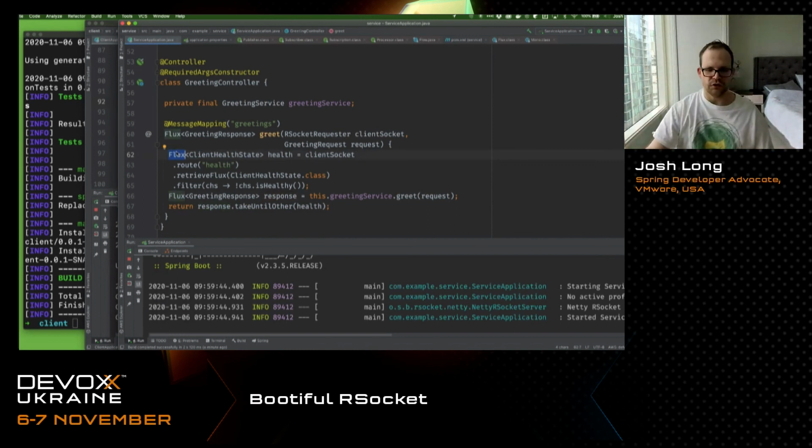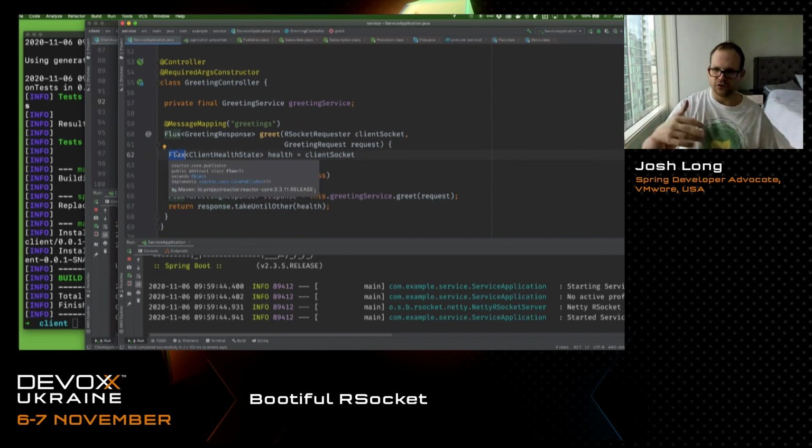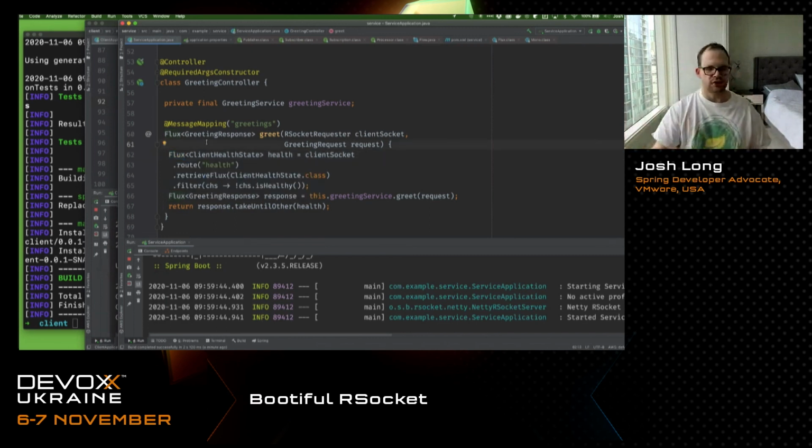Everything I've showed you so far, except for the Spring GraalVM native support back in the very beginning of the talk, is already GA, so you can try this out and so on. Unfortunately, looks like we didn't have enough time to cover Spring Security and RSocket, but it's really nice. You can use JWT tokens, or you can do something like a username and password based very easily. So you can encrypt, you can secure your RSocket streams. We've only begun to look at